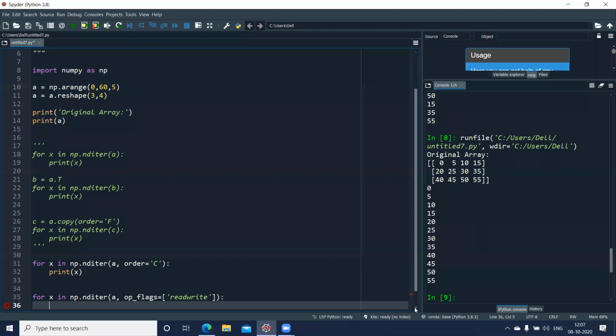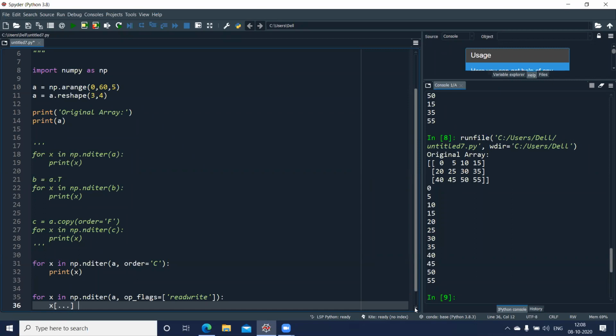Now, this statement is very important. When I'm accessing the element and I want to store it back in my array, I can use x and that ellipsis, the three dots. So I can give three dots like this, which indicates that I have to access the value of x, which is picked up from the array A, and whatever operation I'm going to perform on x will be executed, and the value will be stored back in my array.